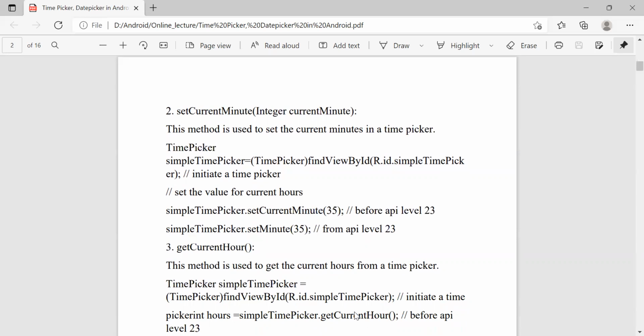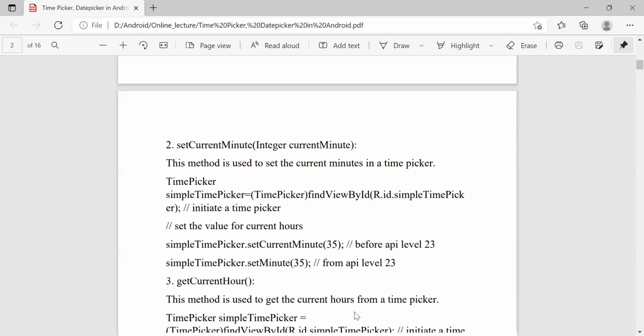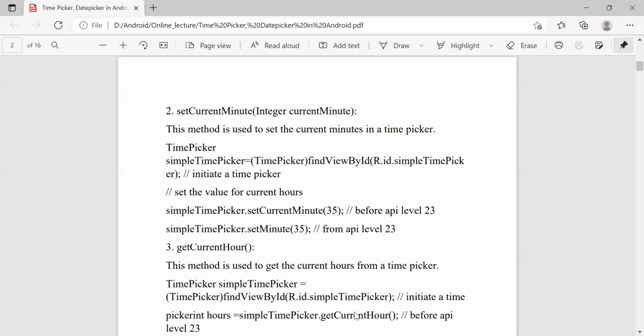It's similar to setCurrentHour. So before API 23 we use the setCurrentMinute method, and after that we use the setMinute method. So simpleTimePicker.setCurrentMinute(35), and setMinute(35) for above API 23. So here we can set the minute.